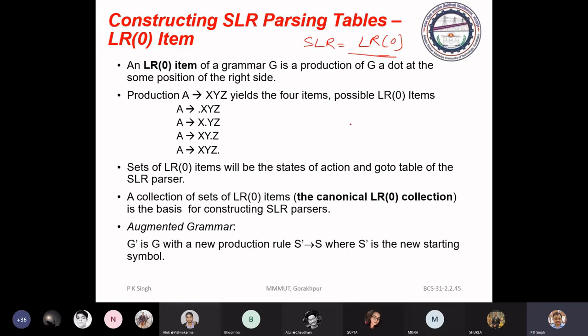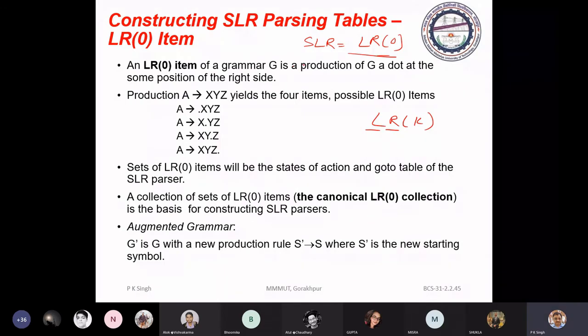I have told you LR parsing is called LRK parsing. You are aware of the meaning of LR. The K is the lookahead symbol. From where will it look ahead the symbol? Lookahead symbol means from the input buffer, to decide the parsing action.